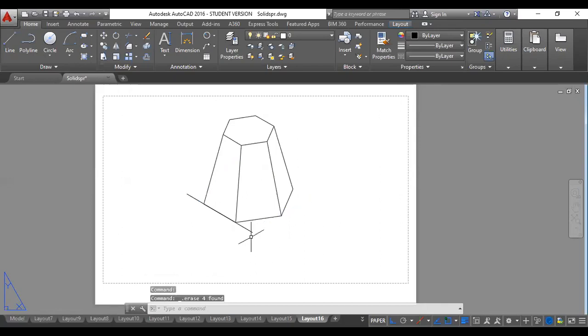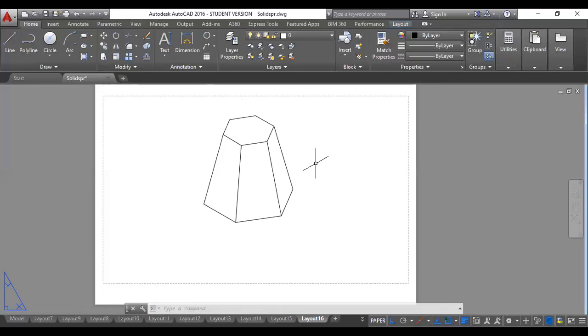Now let us say on top of this first term of a hexagonal prism, a cylinder is resting horizontally. Let us say the cylinder is 150 long and the diameter is 40. So how to draw the cylinder? You know that a cylinder has two circular faces, so obviously I have to draw two ellipses. Then I have to draw one axis of 150 length and join them tangentially.